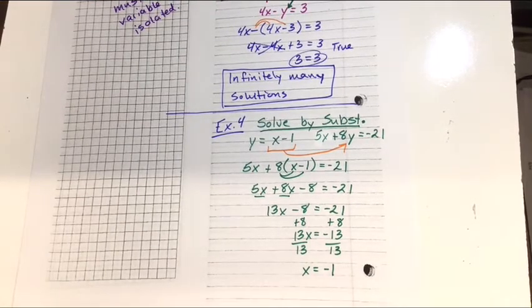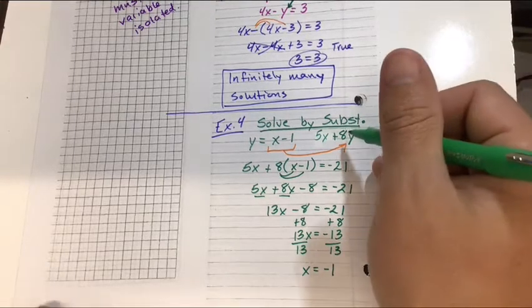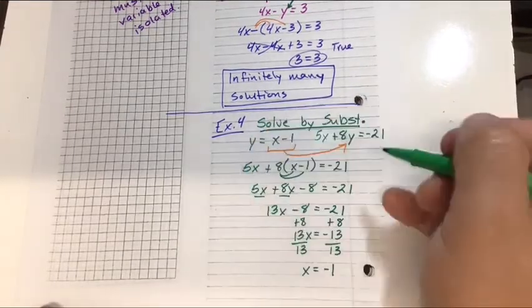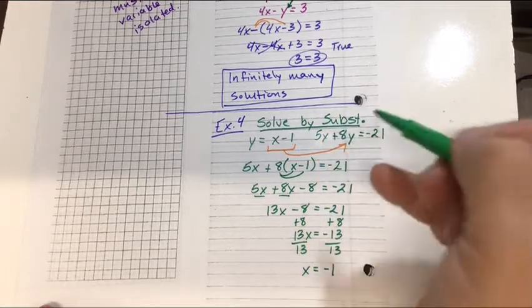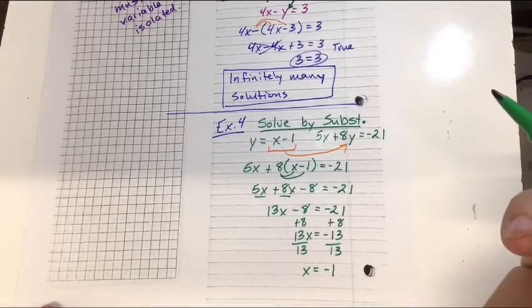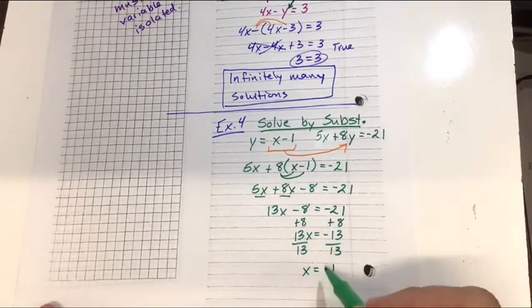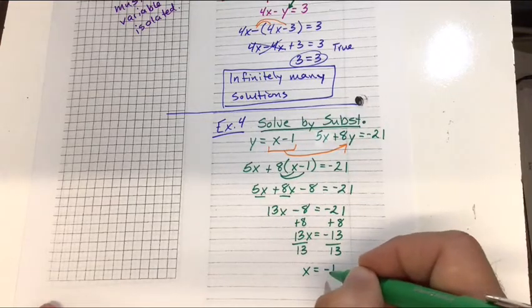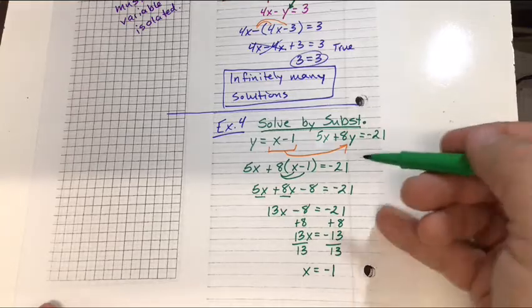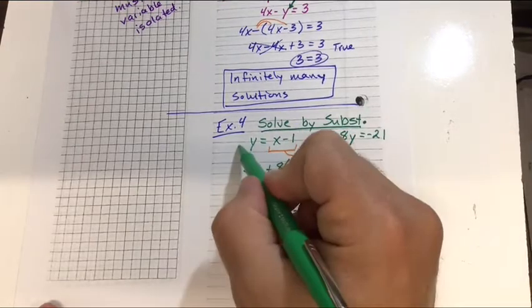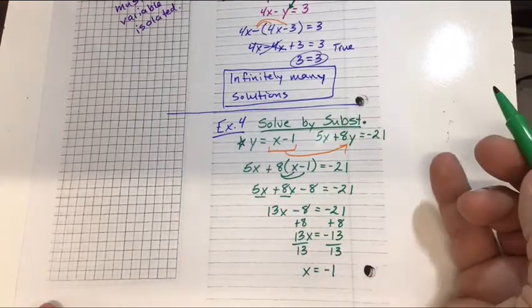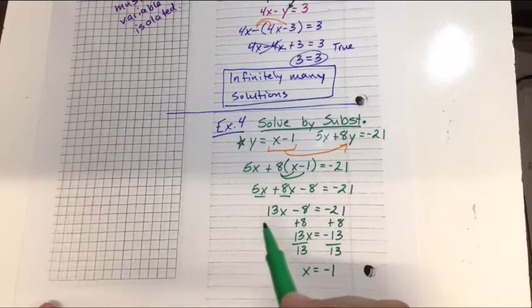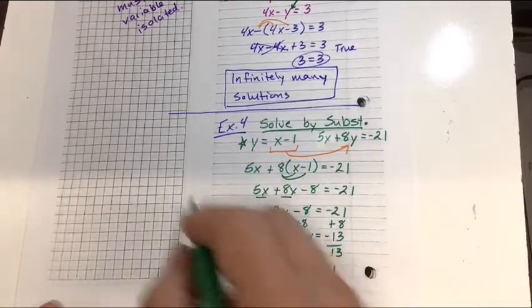These problems are going to take more time, though, because a solution to my system of equations needs 2 variables. If there are 2 variables used, I better have 2 equations to find them. So I need to go back now into either one of these original equations using an x value of negative 1 and find out what the corresponding y value is. So I'm going to use this first equation because it's a little easier to use. I don't have as many numbers. So I'm going to go back here